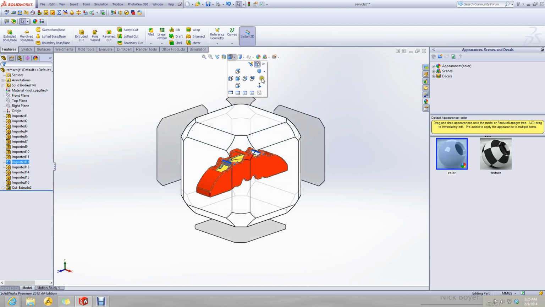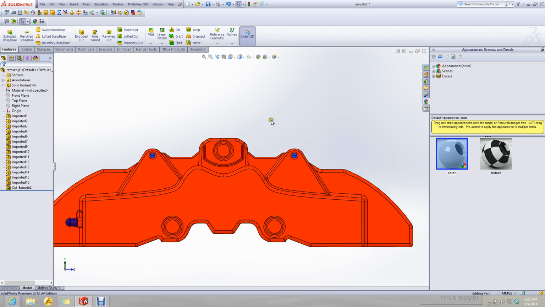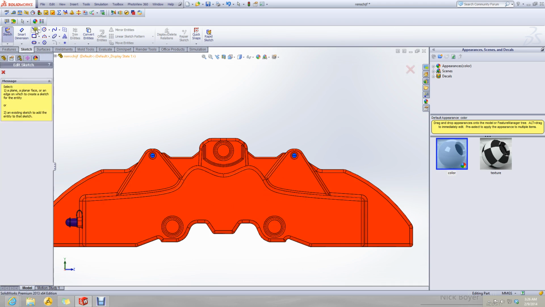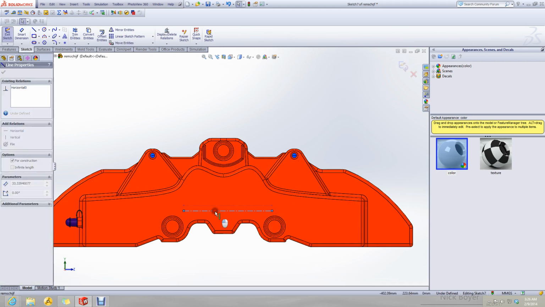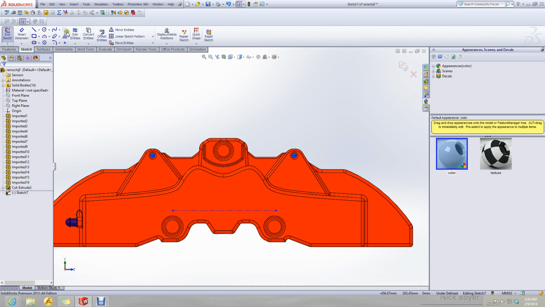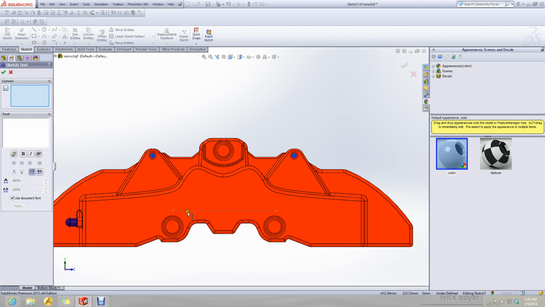Let's write anything else here on the line. Disc brake.